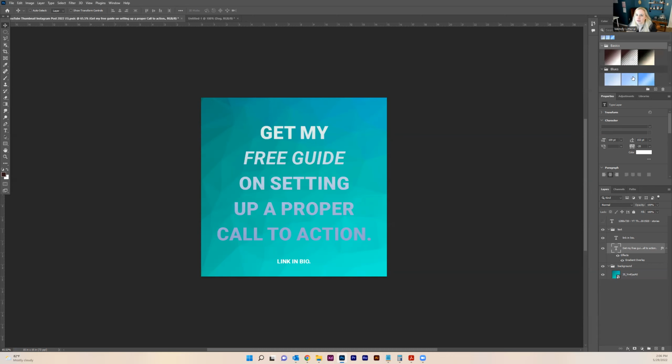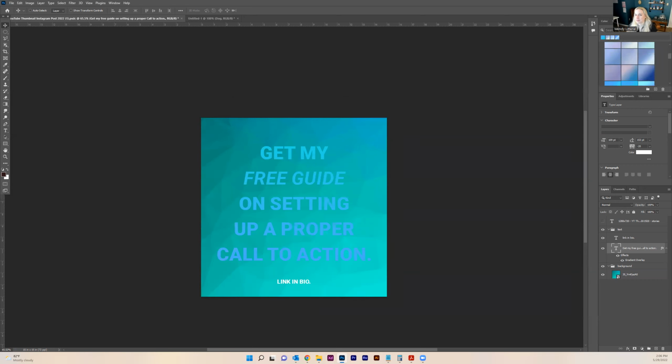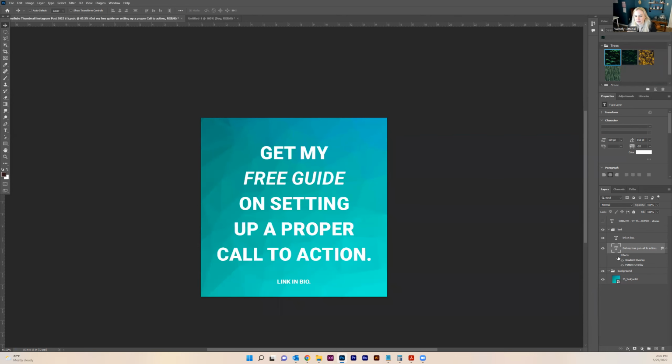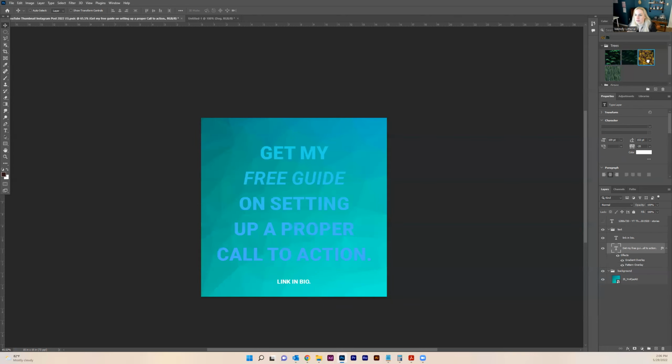Also, once you get to be professional level, you tend not to use these things. You create a library of your own things, and those are the things that you use. So trying to go back here, if I look like I'm stumbling around a bit, it's because I've just learned where things are. All right, patterns. Ooh, trees. Let me get trees. Oh, it's not applying. Why isn't it applying? Maybe because I've got these on. Nope. I don't know, but they're there. So there's a whole bunch of different ones you can choose from. And the swatches, once you get yours set up, you'll just stick with yours and you won't go to other ones. It's just the